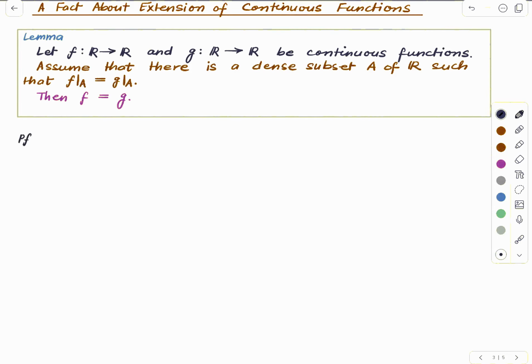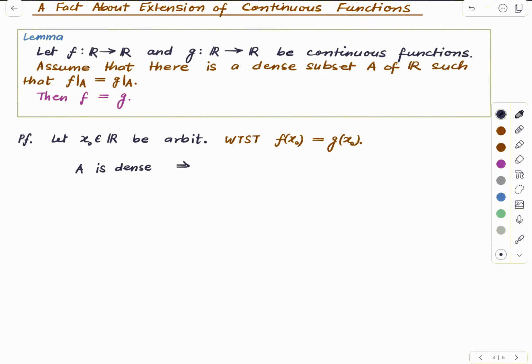We will use the convergence criterion of continuity. So let x naught be an arbitrary real. And we want to show that f of x naught equals g of x naught. That's what it means to say that f and g are equal. Okay, so here is the main point, if you will. Since A is dense in R,